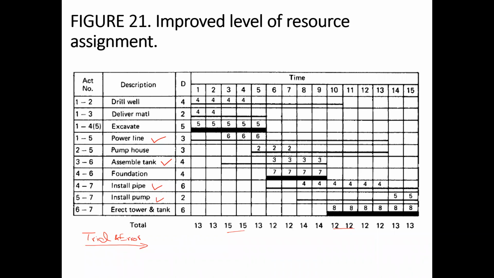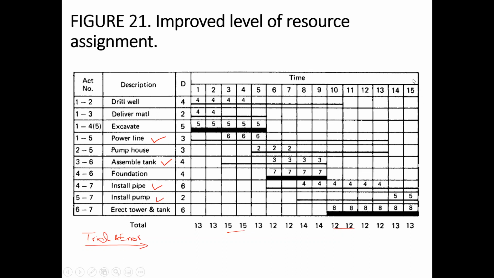And in this case, given these requirements of the resources for each activity, this resource profile looks quite fine, and the project schedule seems to be doing quite well in this situation. So we have seen that originally the duration of the project was 15 weeks, but after doing this resource profile, there was no change in the duration of the project, which is also good in this case. However, this